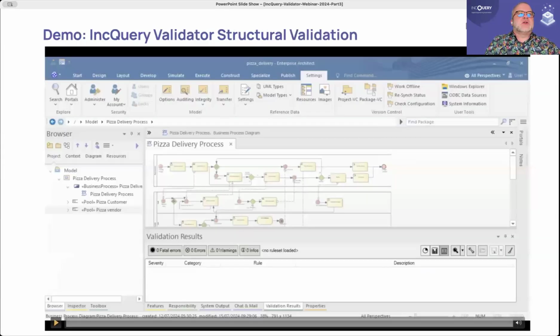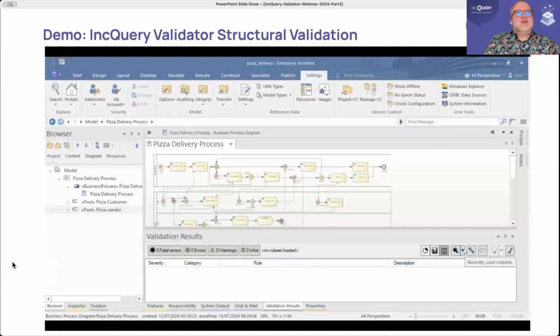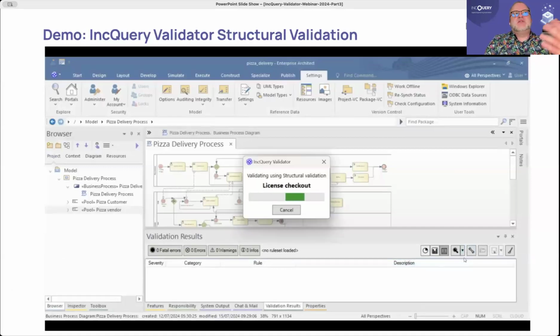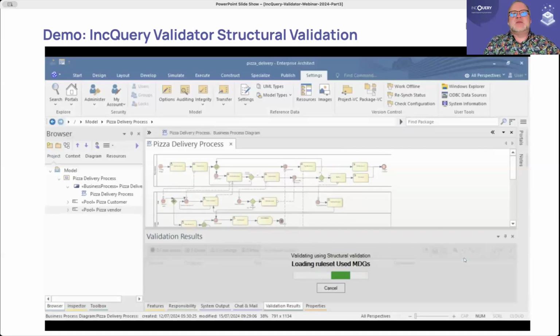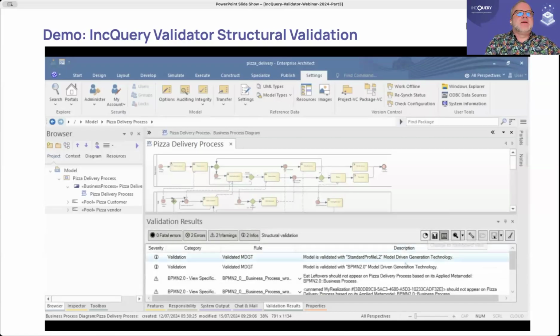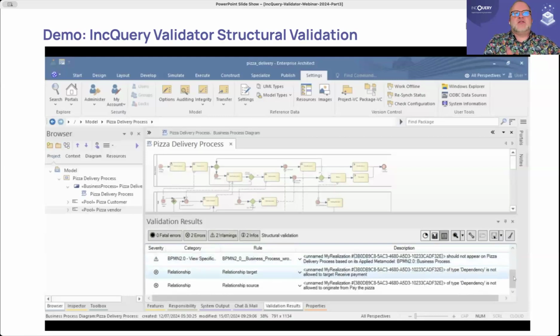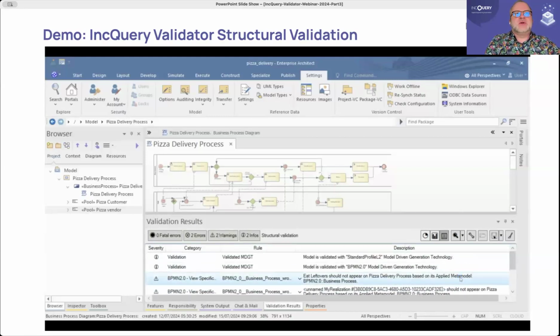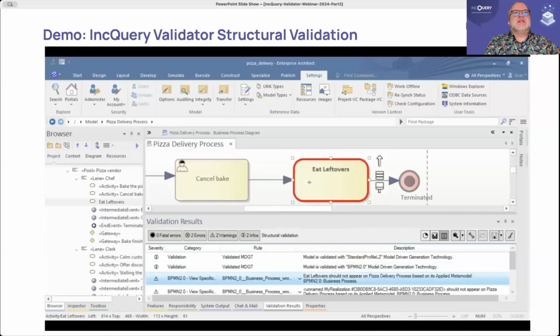So here is a short live demo of how this feature works in practice. Now we are using BPMN as an example, and I will continue to use the BPMN example throughout this demonstration. We have activated the structural validation. It detects that the BPMN MDGT, aside from the standard profile, is used in this drawing, and it can detect